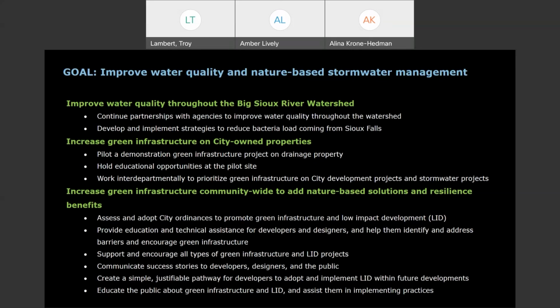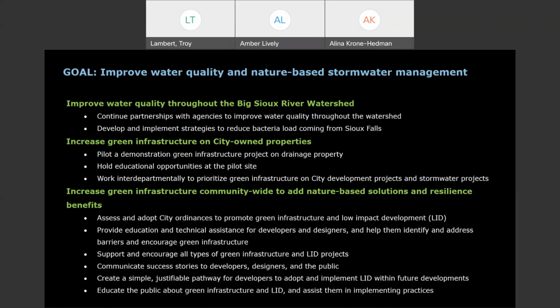Support and encourage all types, from a city perspective, whether that be with technical resources or linking people with the right resources. Communicate success stories, create a simple, justifiable pathway for developers, and then educate the public about green infrastructure and LID, and assist them in implementing practices.